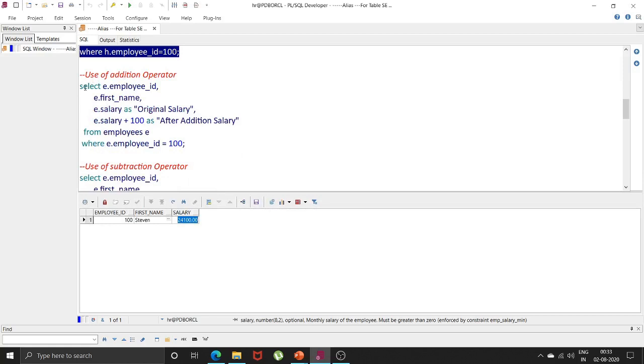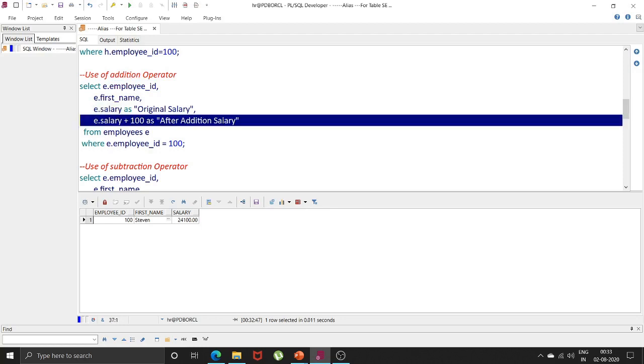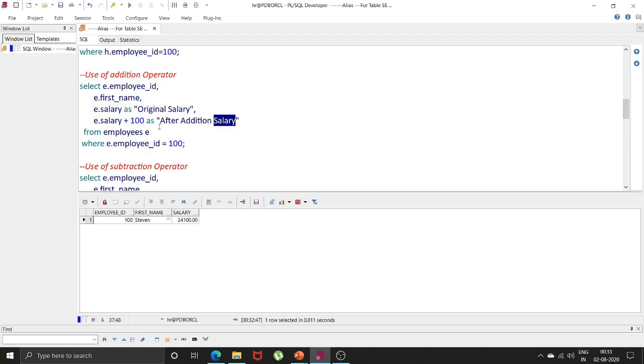I have written select employee ID, first name, salary plus 100 as after addition salary. I have taken different columns because I will show you, through these two columns, the original salary and the salary after performing the addition operation. So let us execute this.